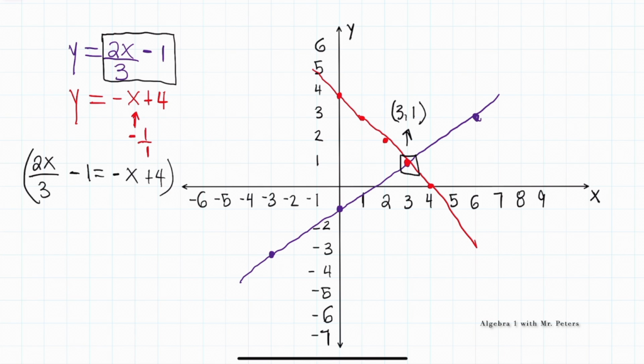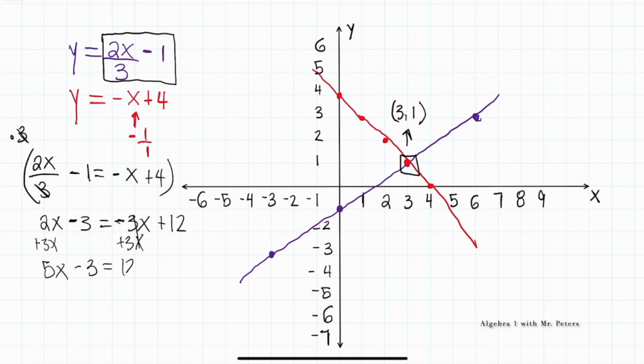And what I'm going to do is multiply both sides by 3 so that we could get rid of the fraction. So the 3 cancels out. We're left with 2x. When we get over to -1 and we multiply 3 and -1, we get -3. And then on the opposite side, this is going to turn into -3x plus 12. So now when I simplify and we add 3x on both sides, we get 5x minus 3